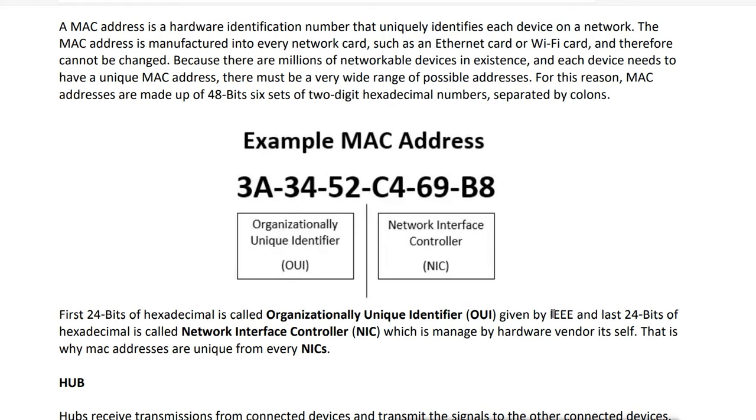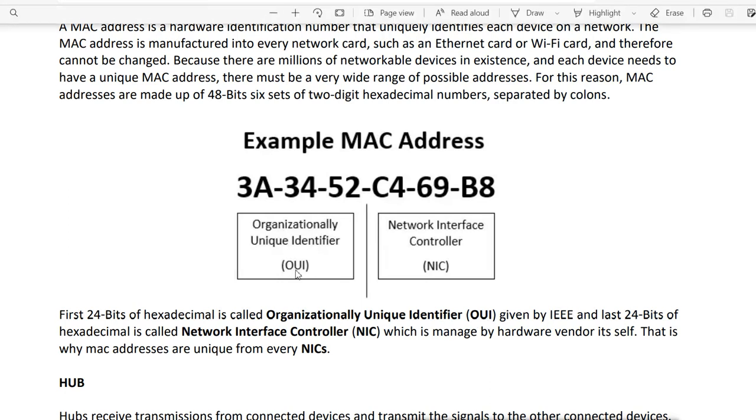That means the IEEE is the international organization, the Institute of Electrical and Electronics Engineers. Suppose I want to open a company and make devices for the network. Then I have to have a physical address in them, that means I have to add a MAC address into my devices.